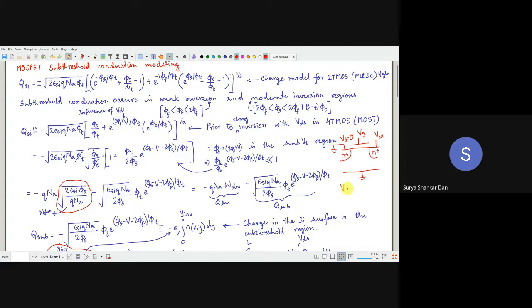So what is VDS? The voltage of the drain with respect to the source. This is how all the notations are: the first letter D stands for the drain terminal, so it is the voltage of the drain terminal with respect to the source. If I call something VGB, that means the potential of this node over here with respect to the body terminal. Since VB is actually 0 whenever the source and body are both grounded, VGB will be equal to VGS. Simple. So there is no body effect.